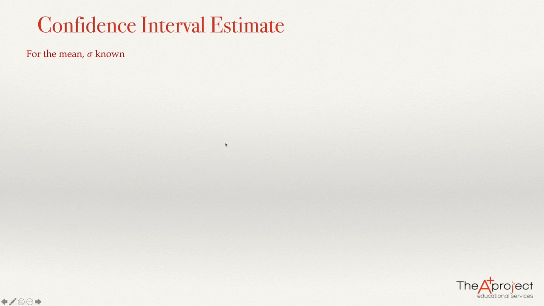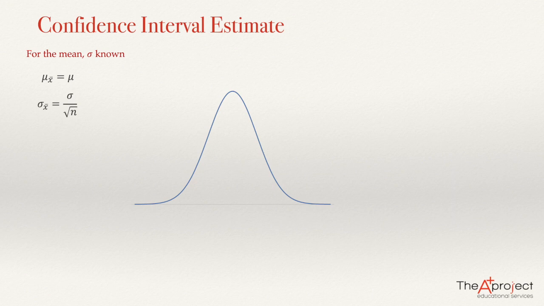We know that the sampling distribution of the mean is a normal distribution that can be determined knowing that the mean of all possible sample means is the mean of the population, and the standard deviation is given by sigma divided by the square root of n, where n is the sample size and sigma is the standard deviation of the population. So that means that this distribution has this standard deviation, and the mean, the value in the middle,